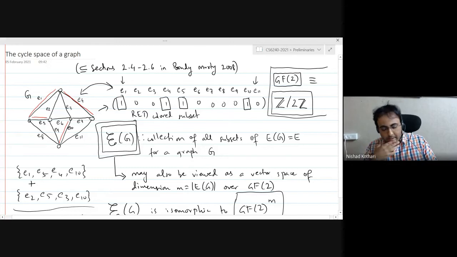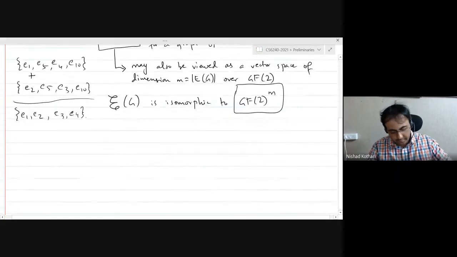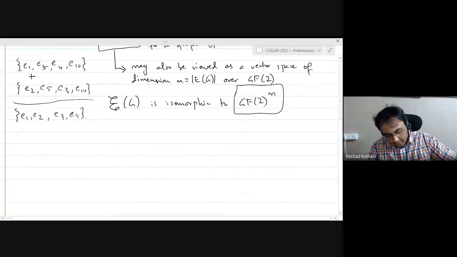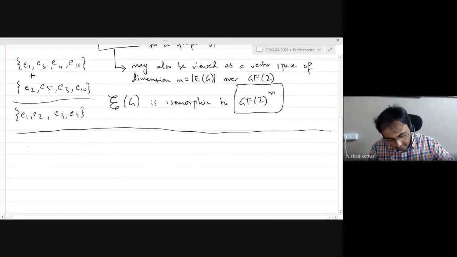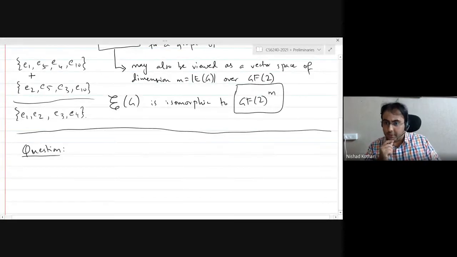Okay. So as you can see, we are calling the lecture the cycle space of a graph, right? So we are going to start with the cycles of a graph. And I'm going to ask the following question. So cycles are clearly a very natural object to study, and they come up in many topics in graph theory and also in applications of graph theory.